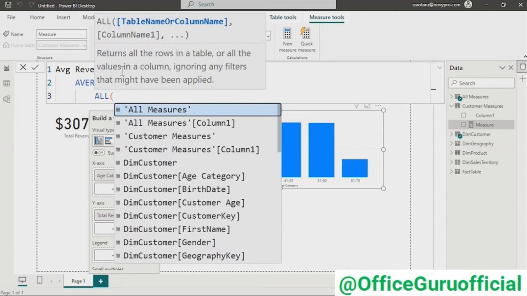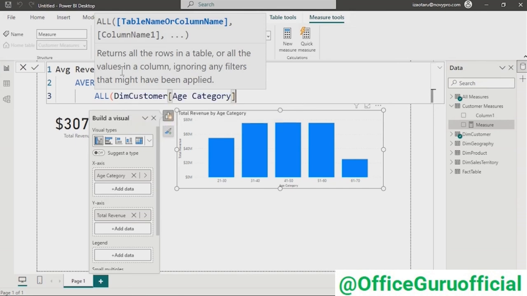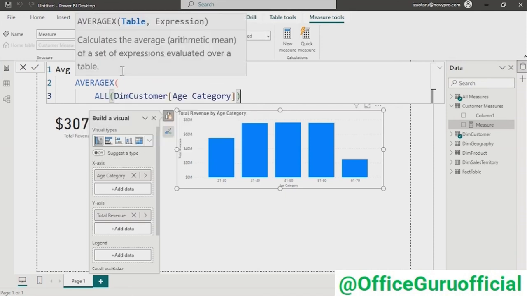And we need to remove filter. The only function that can do that for us is the ALL function. So with the ALL function, we're going to tell it, what? I want you to remove filter from age group for me. So customer age, okay, it's called customer age category. So you can call it customer age group. So I will remove filter from this, then go ahead and close this, and